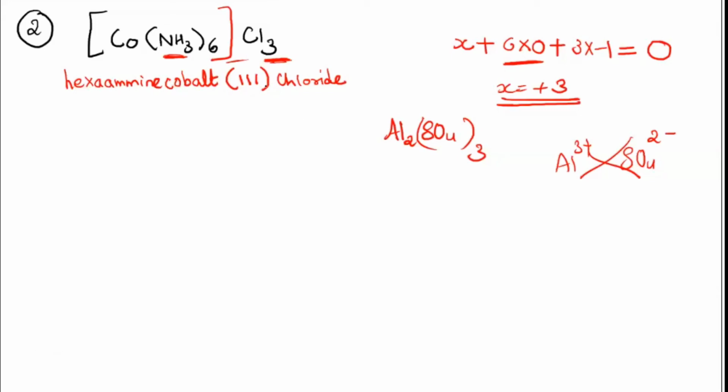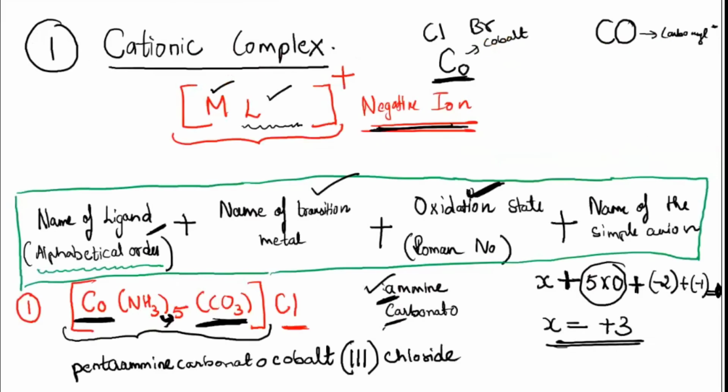See, what I just said is, when you are writing, the one before was easy. In this case, we had only one Cl present. That's because the whole coordination sphere charge was plus 1 here. So one chloride has come because the charge was plus. How was it plus? Because cobalt is 3 plus, carbonate is 2 minus. So 3 plus and 2 minus will give you 1 plus. So the whole sphere got a positive charge due to which one chloride ion was present.